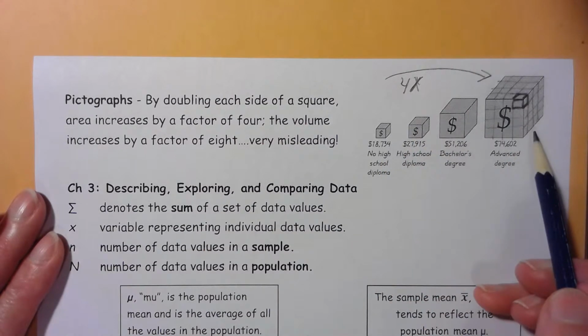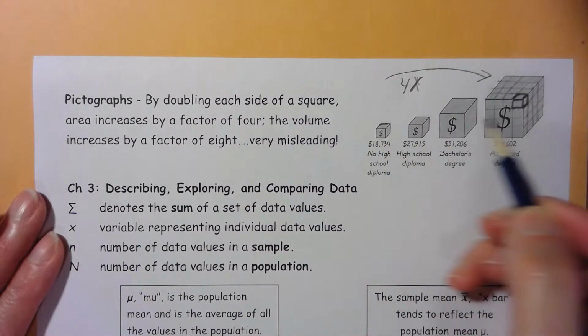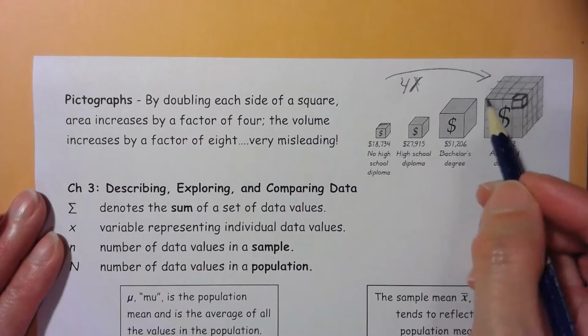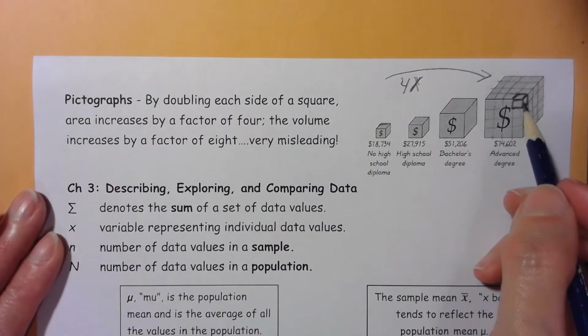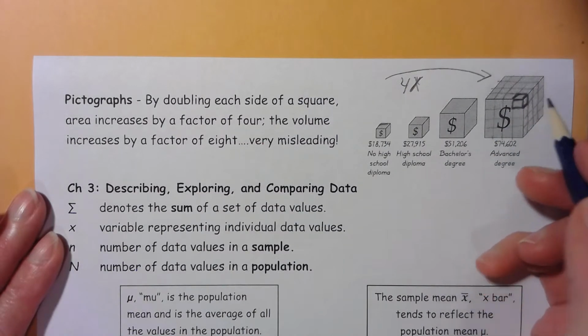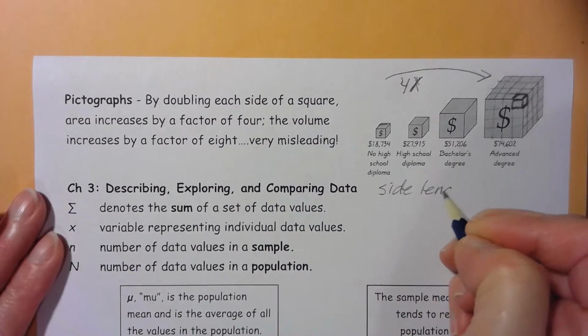That's almost 4 times as much. But when you take each edge of each block and make each edge 4 times as long as the edge of the original block, you are actually creating 64 little blocks. It's very misleading. Even though the side length quadruples,